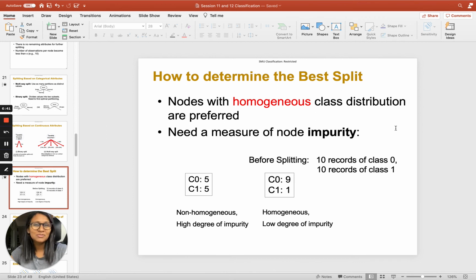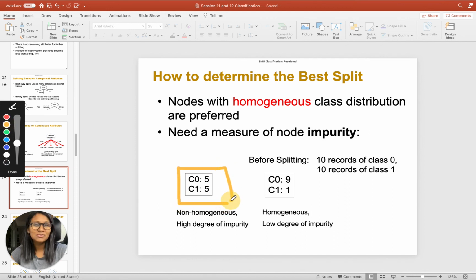If you look at any given node, a mixed node such as the one here, let's say C0 and C1 were the two values of the outcome class variable, and you see that in a given node there are 5 observations with C0 and 5 observations with C1, then this is what is known as a mixed node and it has a high degree of impurity.